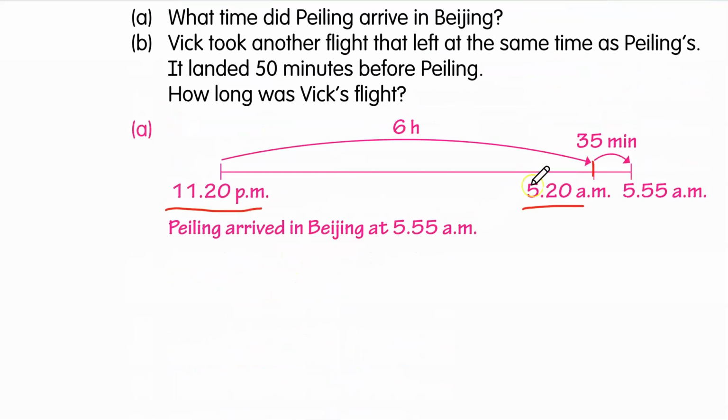So the hours over here. Now the question is not what time he landed. Okay, how long was Vic's flight? It means you are told to find the duration of Vic's flight, not at what time he reached the airport. Alright,